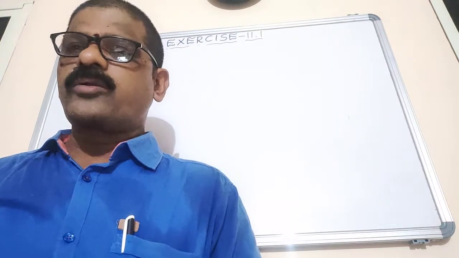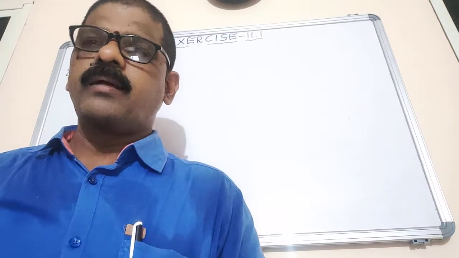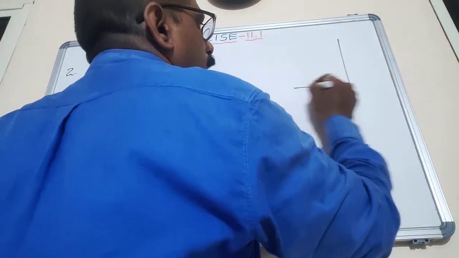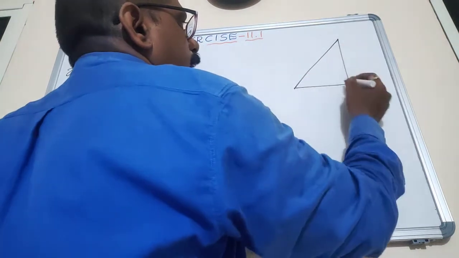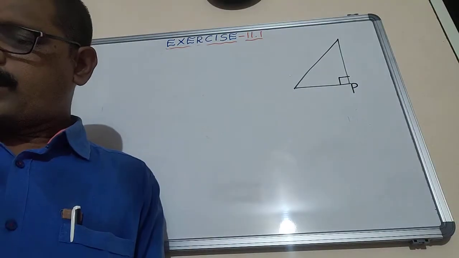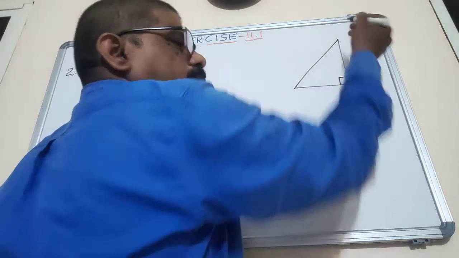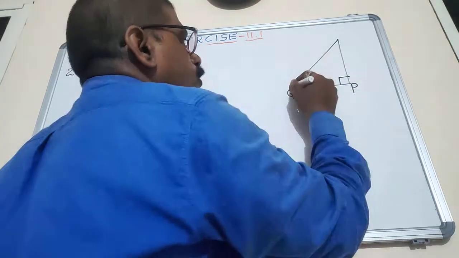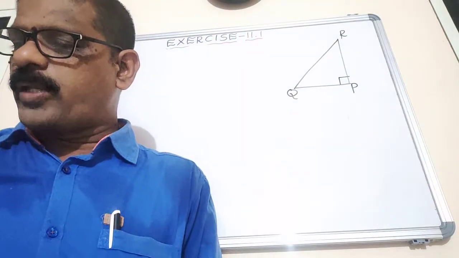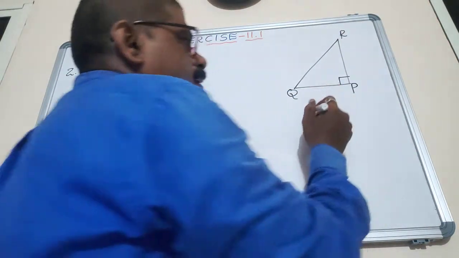Okay. Now we have to draw the right angle triangle. Right angle at P is given. First of all, that is right angle at P, with QR. You can write either QR or RQ as you wish. PQR. Clear? So what measurements are given? PQ is given to be 7 centimeters.